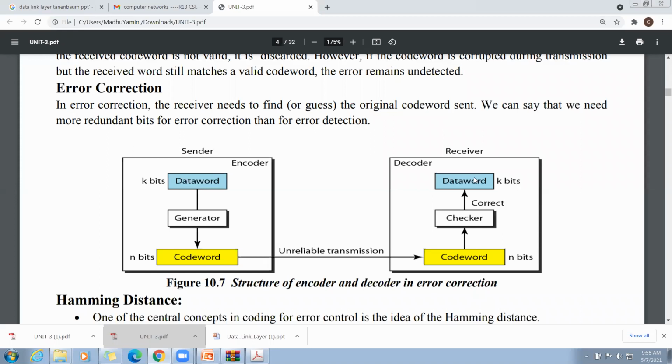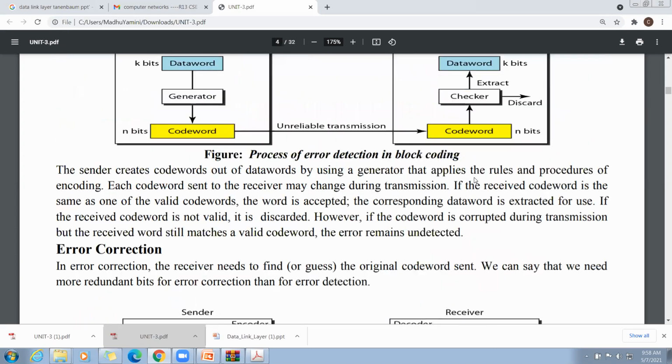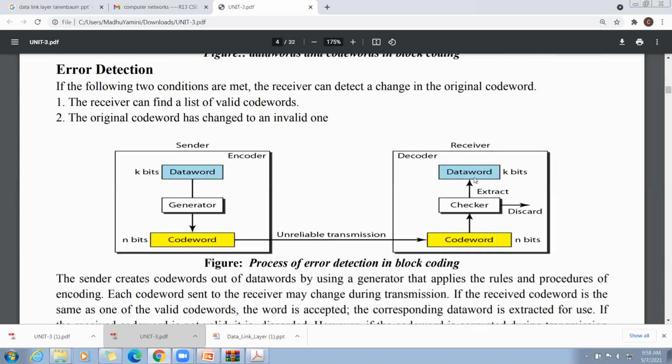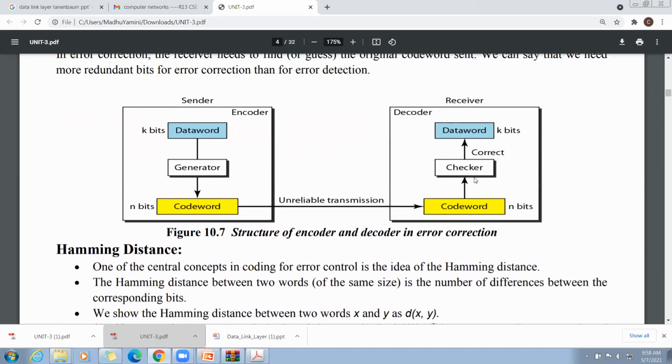This is the structure of the encoder and decoder in error correction. We have seen both diagrams: how it extracts in error detection, and how it processes in error correction.